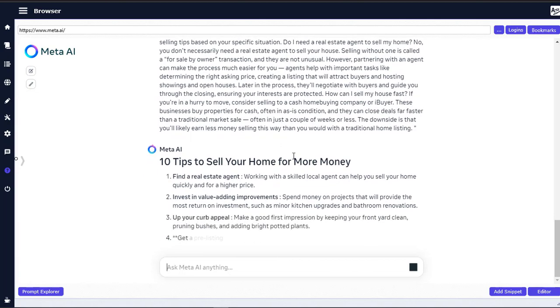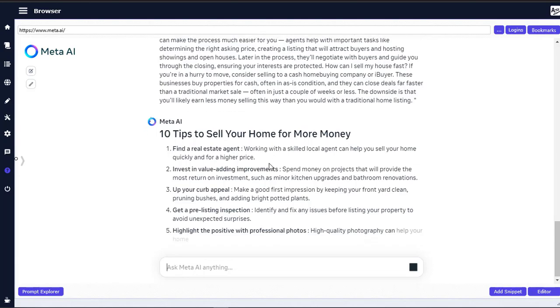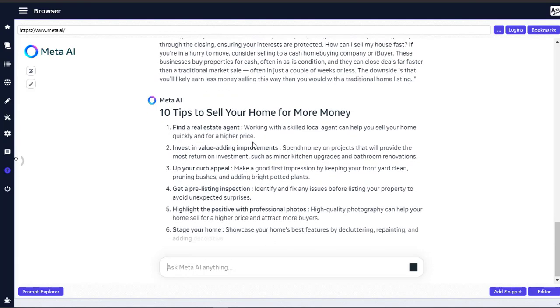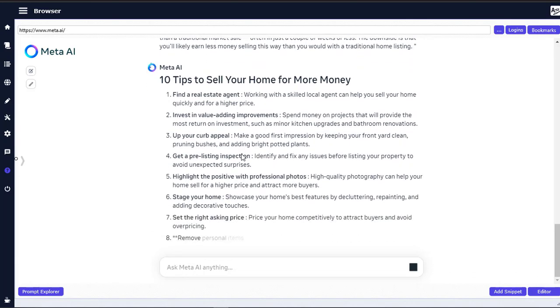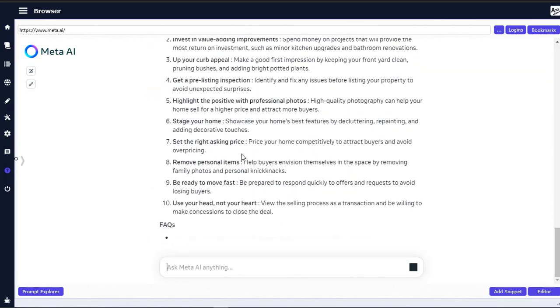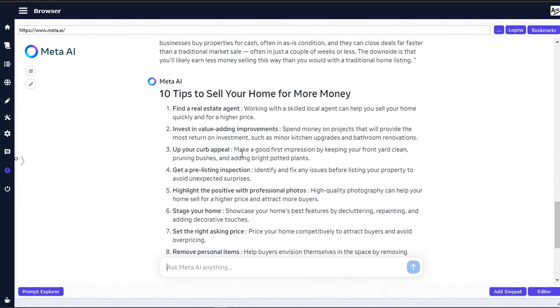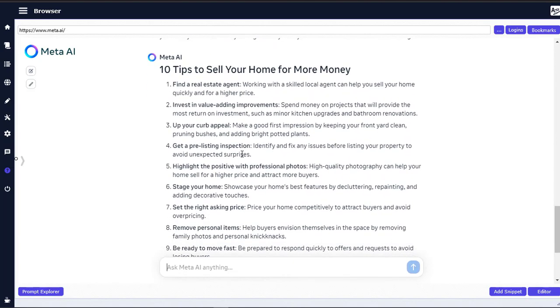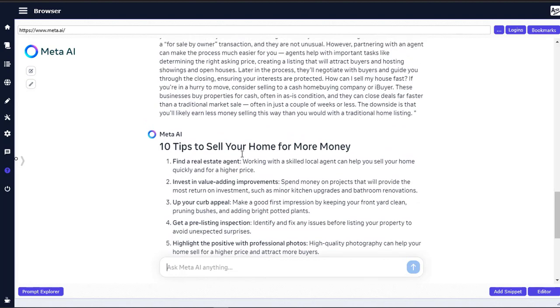You can see 10 tips to sell your home for more money. Number 1, find real estate agents. So it's rewriting the same content for us, right? But in a different way. Can you see it now? In a different way. I can even decide to tweak my own so that it won't be exactly the same thing. So I can make it 12. Like I can just print that use 12